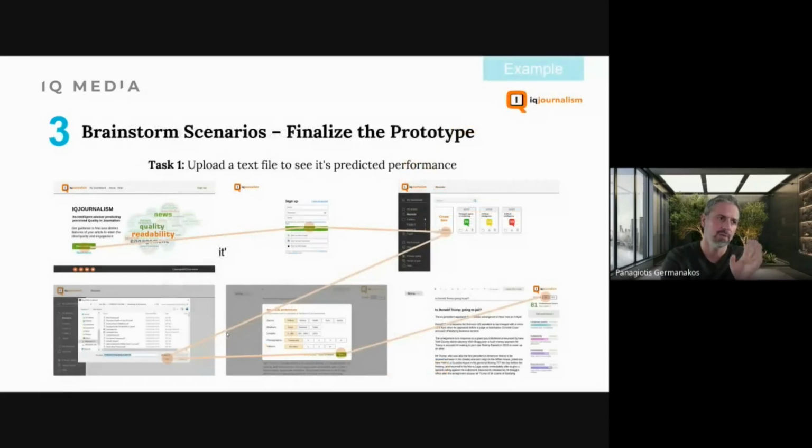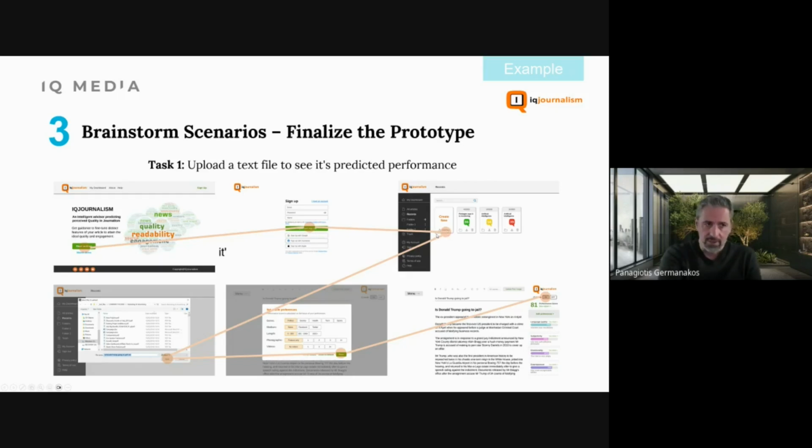And I go later on to step 3, and I'm creating the flow for it. So, and this is a flow of text for task 1, for example. And I say upload a text file to see its predicted performance. You see that this flow has 1, 2, 3, 4, 5, 6 action steps. 6 action steps. So this simple sort of upload the file, right? So it means that from the very first screen I need to click on start writing. Then I need to agree, okay, to some, let's say, conditions. Then I need to create my article,